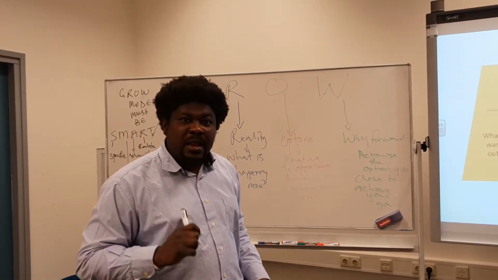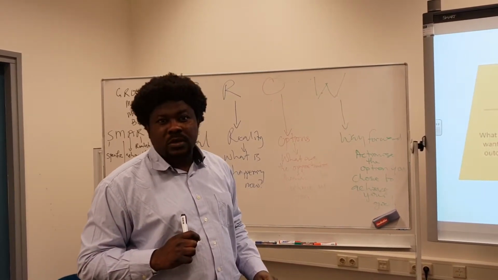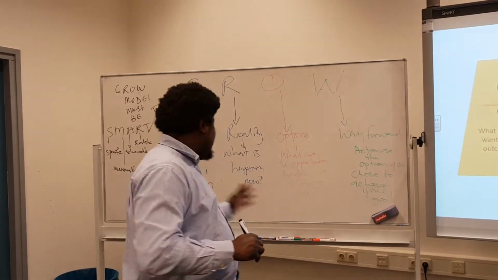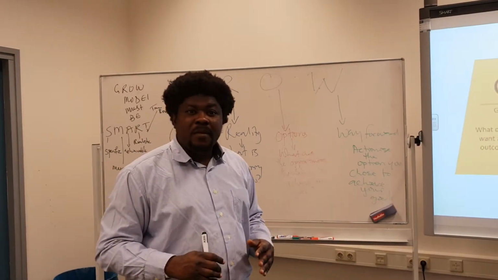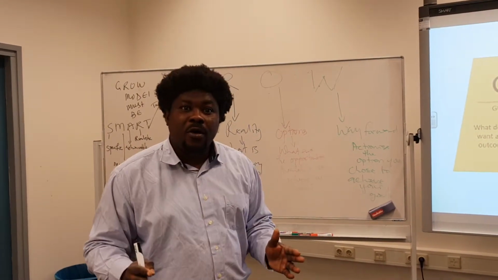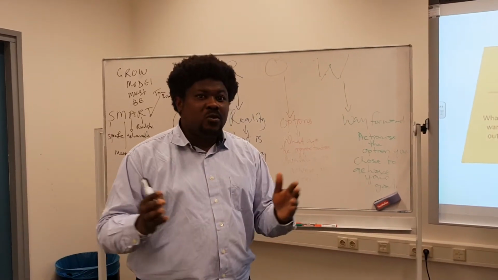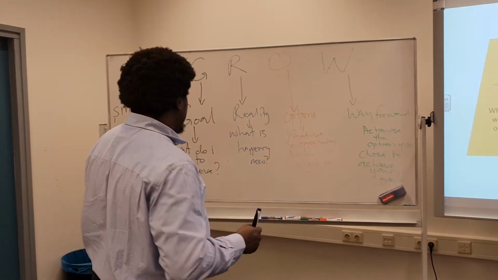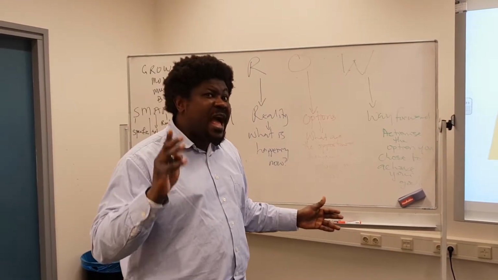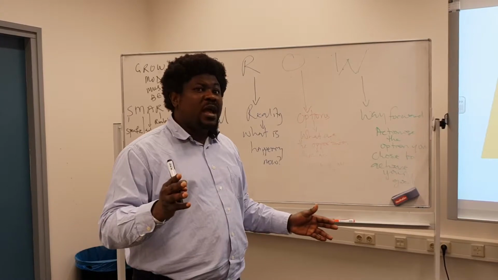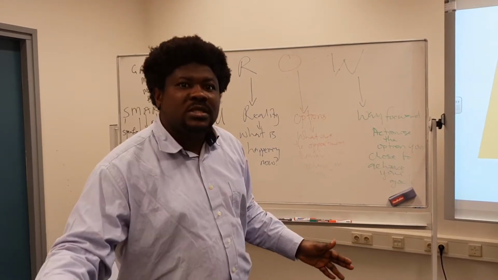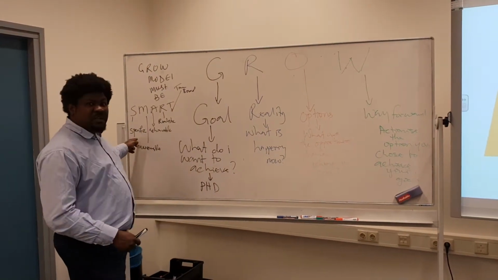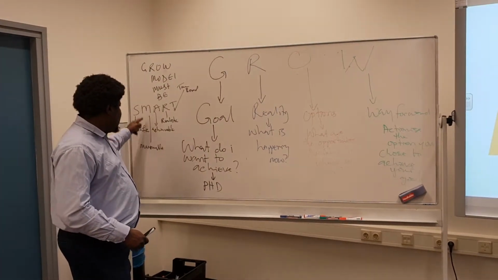Or by the summer, that is June or July of 2024, pardon me. So if I say I have a goal to get a PhD degree by the year 2024, or by the summer of the year 2025, then that's a smart goal because it is specific. To make it specific, I actually have to say I have a goal to get a PhD degree in management studies. So it's specific. Victor wants a PhD degree specifically in management studies.